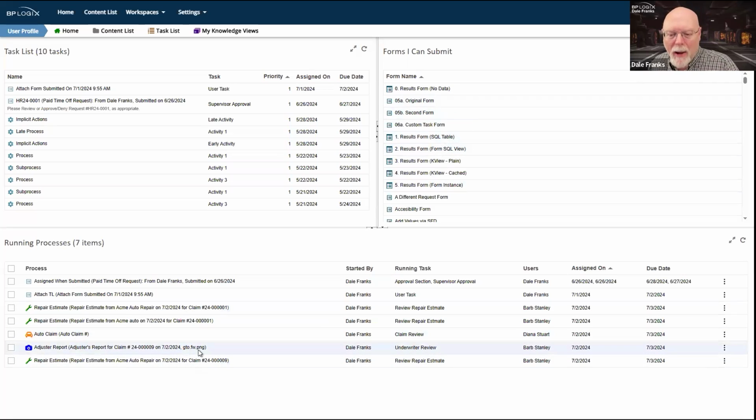And then down at the bottom, there's a running processes knowledge view, which is not something I would generally give to end users. Again, this is one of the global knowledge views that are built into the system. It shows you all of the running processes that are running on this particular system. So these are all active process timelines that I have on this system. As an end user, probably not something I would want to see. So even though this is what you get as a default when you first install Process Director, it's not one that I would want to show to end users.